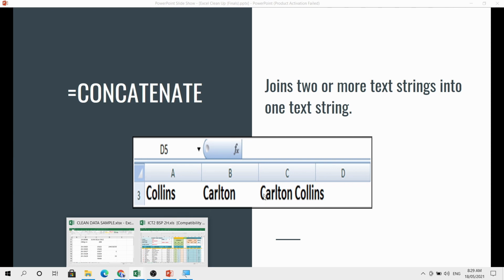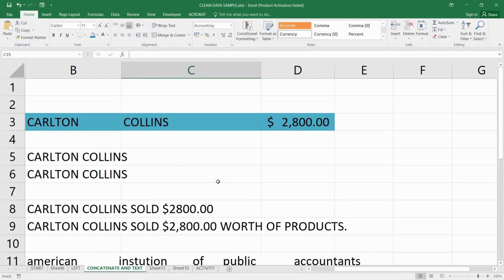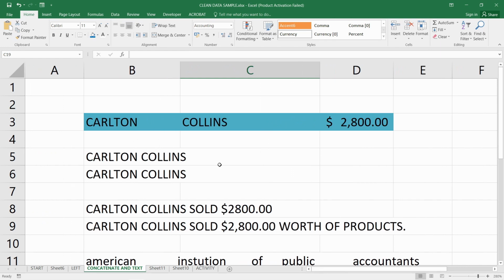So, tingnan natin sa Excel. Pagsasamahin natin, kagaya nitong example na to, magkahiwalay sila, pagsasamahin natin. May mga ganun tayong mga cases, no? Wherein, magkahiwalay yung mga data natin. So, mahirap silang